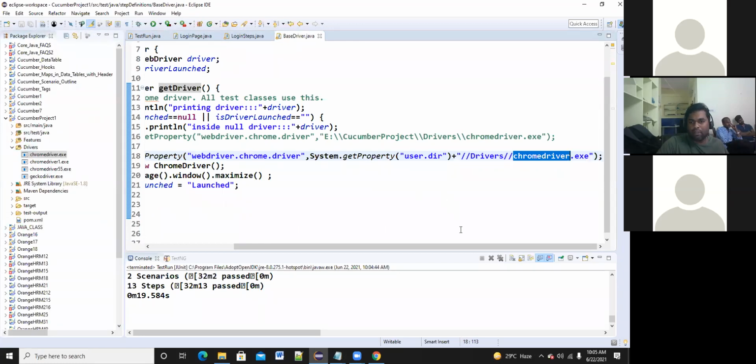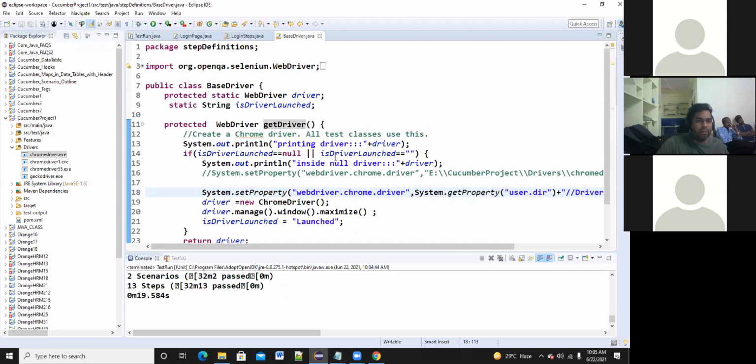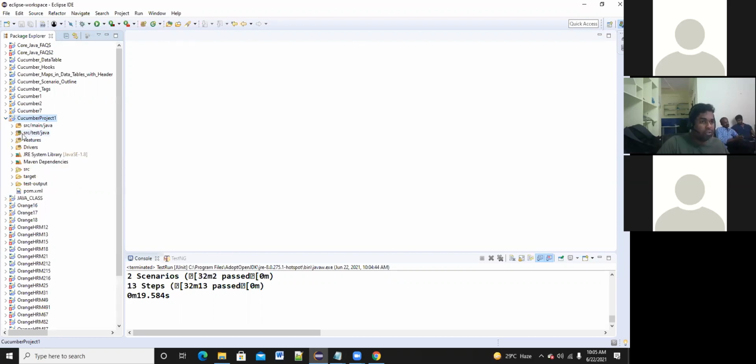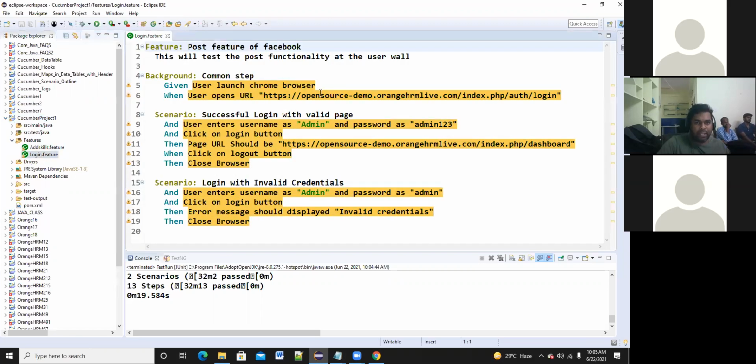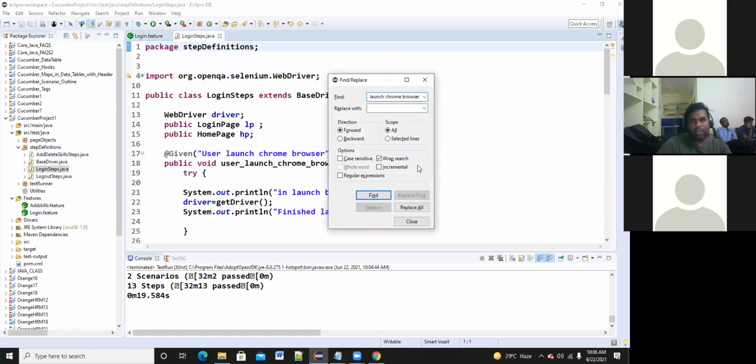Okay. So yeah, that's it on the page object model. So in today's class, we have completed all the Cucumber project related stuff. Okay. So this is the main project, Cucumber project 1. So in your project folder structure, you can start analyzing from here. You can copy and try to understand the technical flow, how it has been implemented. Copy and check it in the step definitions. Go to step definitions immediately. So check in the login steps, how the flow is going.